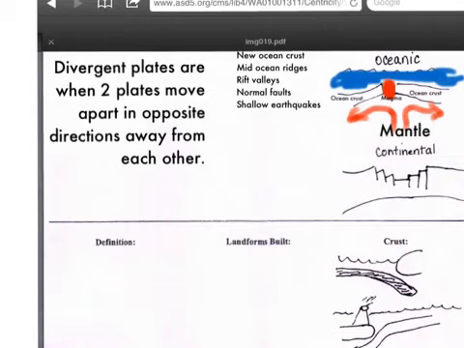Most of the world's divergent plate boundaries are on the ocean floor, in the form of mid-ocean ridges that spread apart. Divergent plates are when two plates move apart in opposite directions away from each other. This happens above rising convection currents, and these rising currents push up on the bottom of the lithosphere, lifting it,